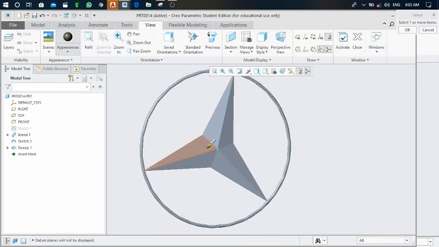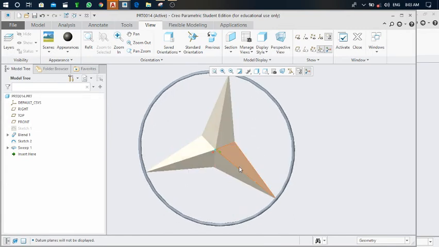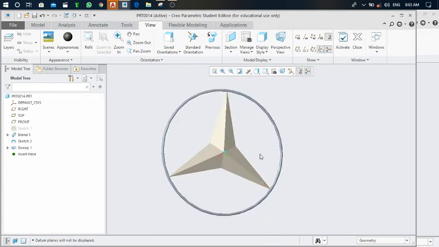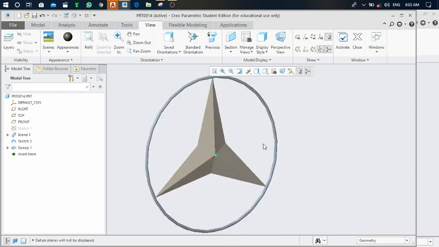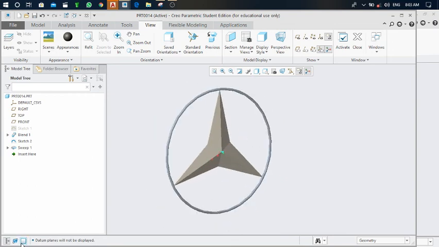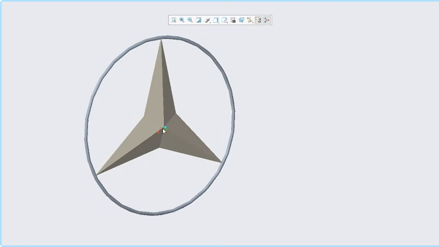Just press the control key on your keyboard and select one by one surface. After that, click our cursor. Here it is generated. You can see this color difference. And for full view of the desktop, click over here, full screen.